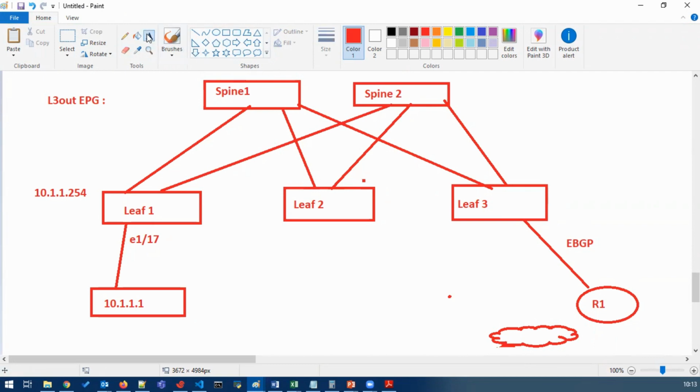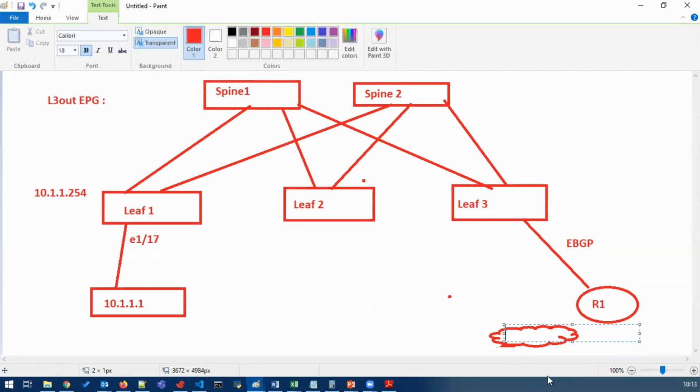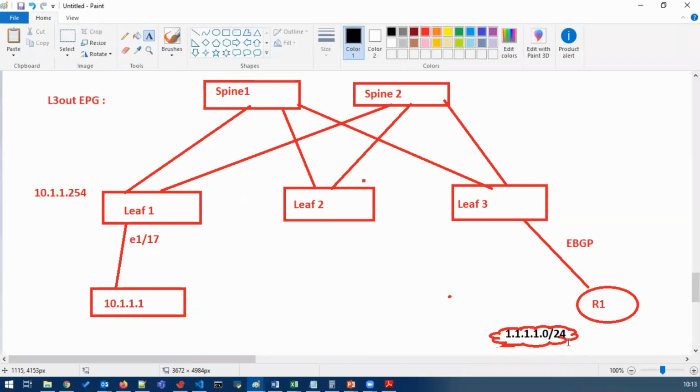Let's suppose that route is 1.1.1.0/24. Okay, so this is how it's connected.